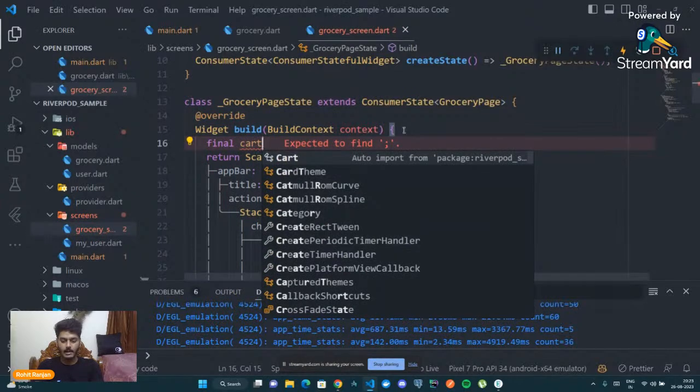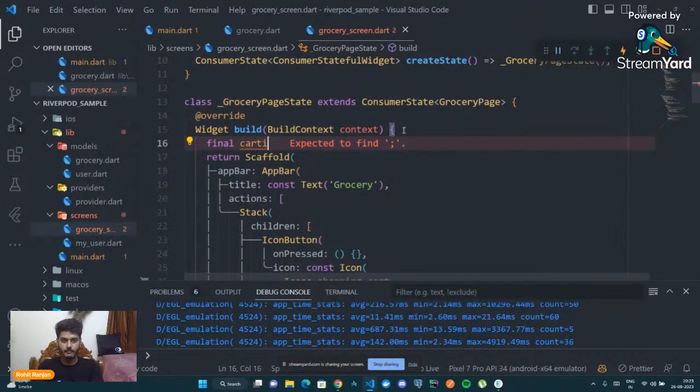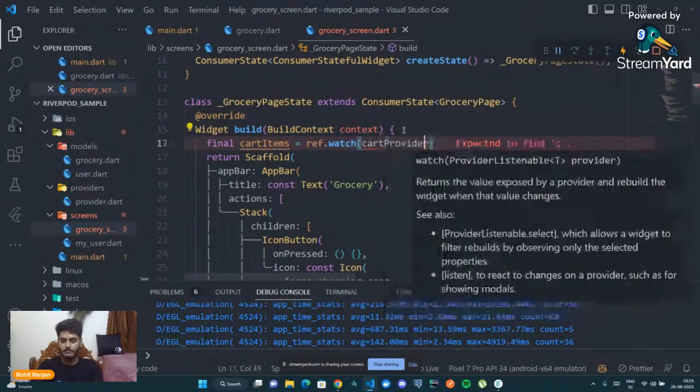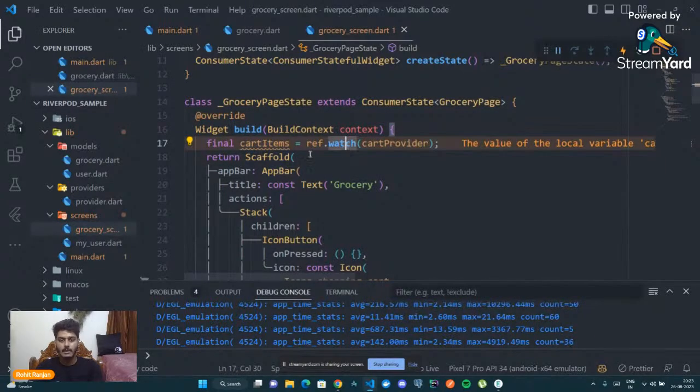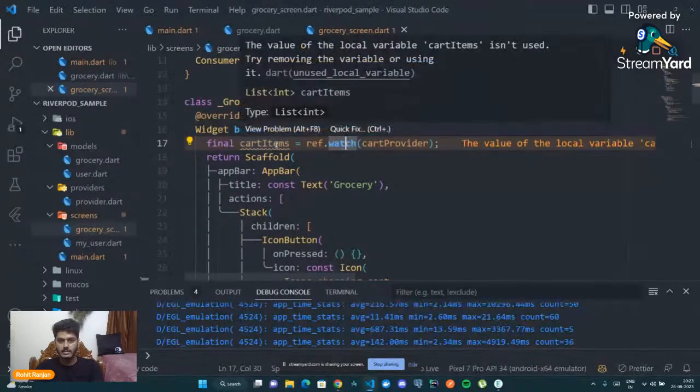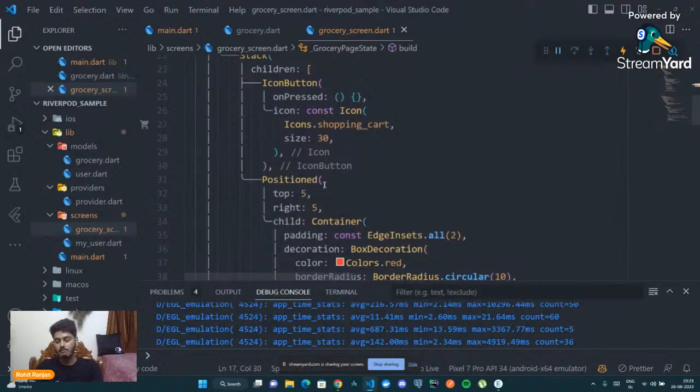We can use cart items, and this would be ref. This would be watching my cart provider, right? Now, if you hover over this list cart items, it takes a list of integers. That means it would be having a list of indexes of the items that are getting added to the